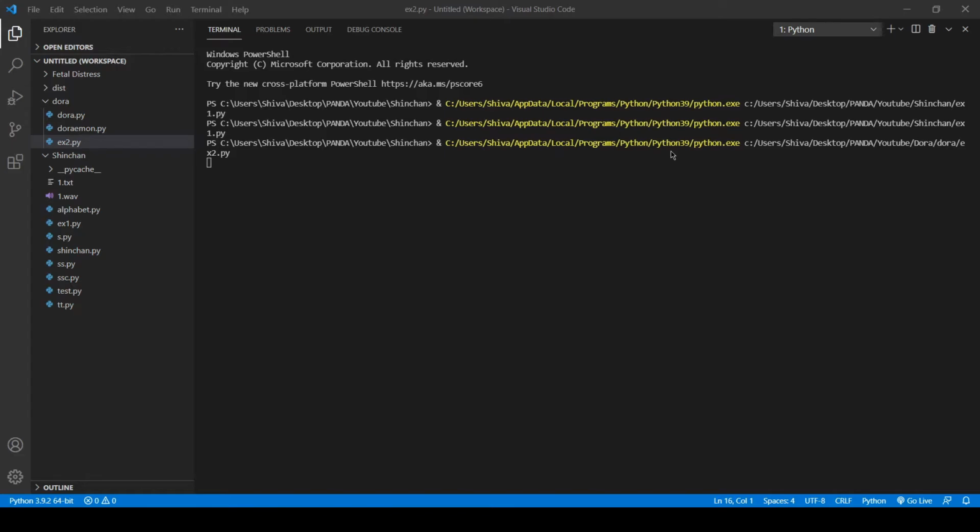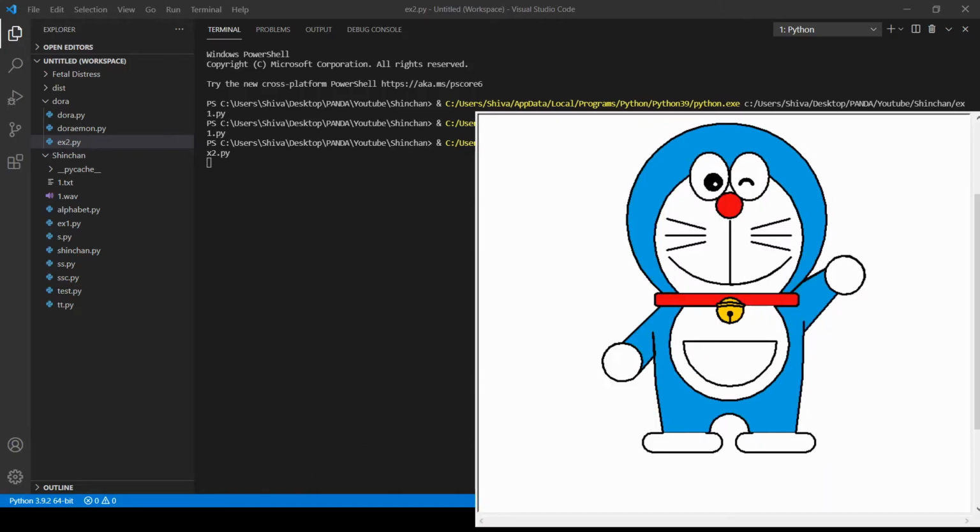We just installed the module, and then we accessed it by using the import statement, and then we wrote the functions accordingly and executed it. It is working, right? Now you can see the drawn diagram. I will show you once again.